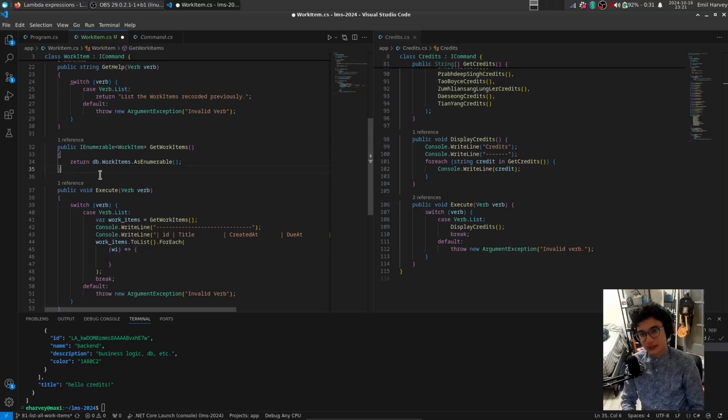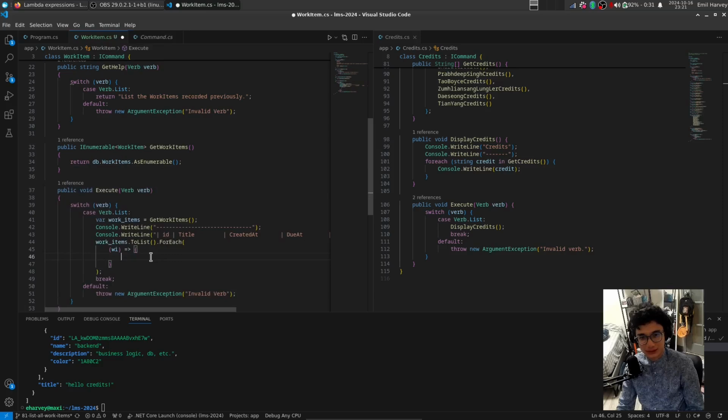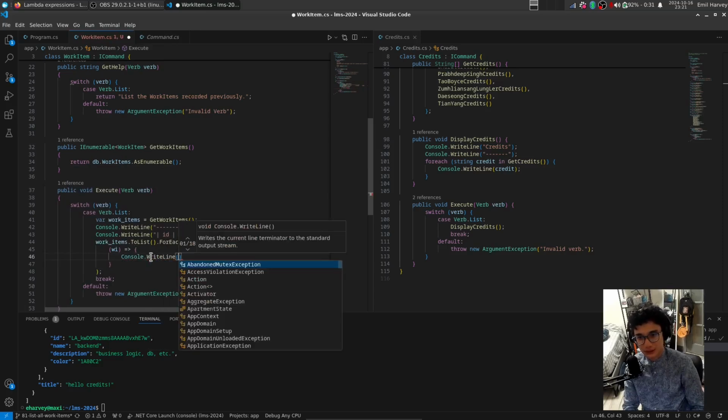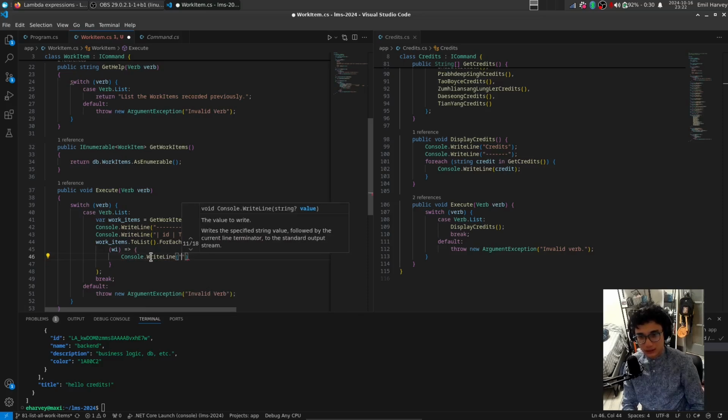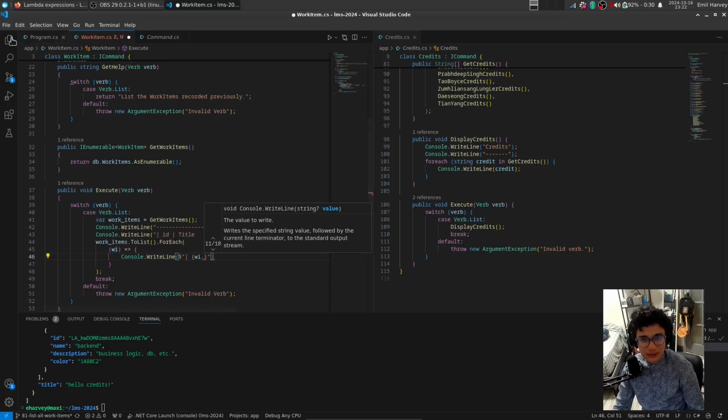And for fun, actually, I'll say, well, no, we won't do it, just because it's going to be kind of messy. But what I'll do here is, and I'll do that fancy f-string. So we can go here. We can do wi dot. Why is that work item? The work item does have a